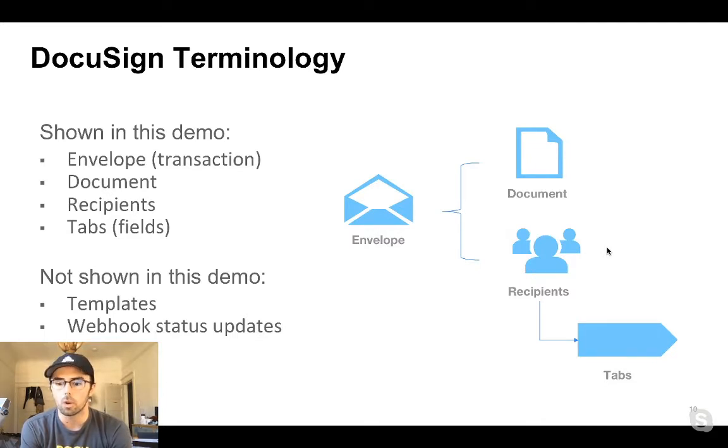Based on your use cases for this hackathon, regardless, I would highly suggest that you head to our developer center and just review the different recipient types. Many developers I speak with assume that there's only one recipient type and they stick to signers, when there's a variety of different recipient types that might embolden and empower your workflow. So check those out. Now, under recipients, each recipient may have one or more tabs.